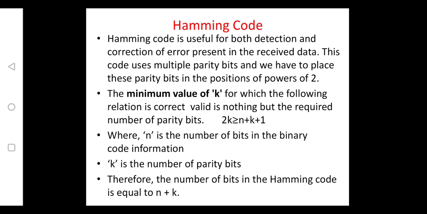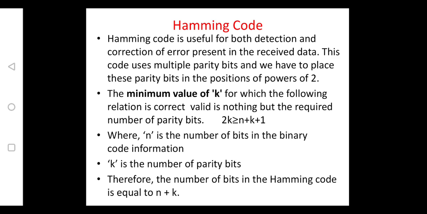A transmitted data consists of 2 things. One is the actual data bits or message bits which we want to transmit. That is, the original information is called data bits or message bits. But we won't transmit the message bits directly. Along with the message bits, we'll be adding some extra bits. Those extra bits are called parity bits. So in case of a transmission, the total of original information plus parity bits is called a code word.